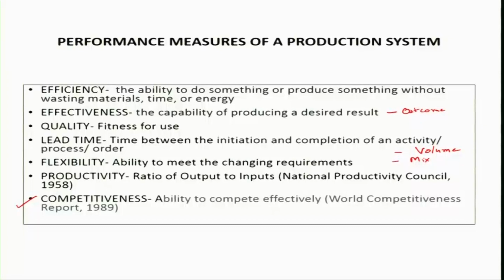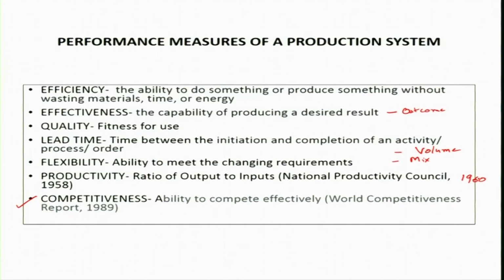Productivity was very important in the 1960s when there was a producer market. There was less production and more demand. So, whatever you were able to produce, there was a customer, and the variety was very limited. So, the whole focus was on how to produce more products, how to produce more output with the given resources, so man, machine, materials, etc. At that time the focus was on productivity, but later on, when there was an opening of the economy in the 1990s, because of globalization,